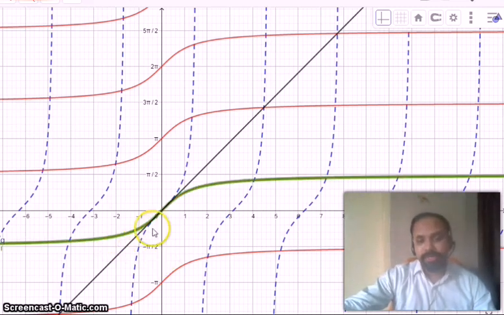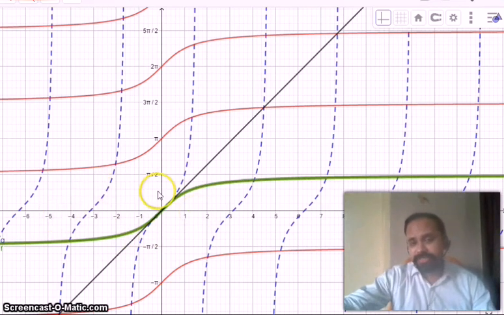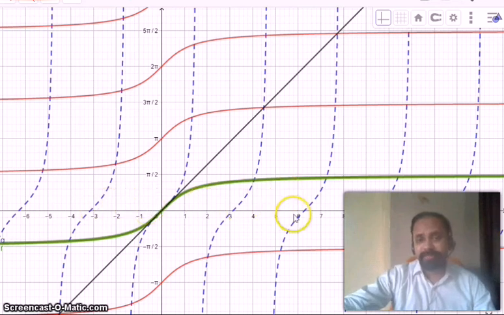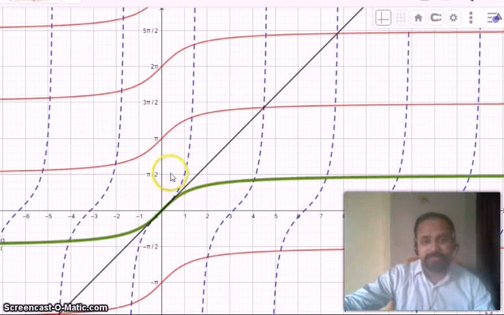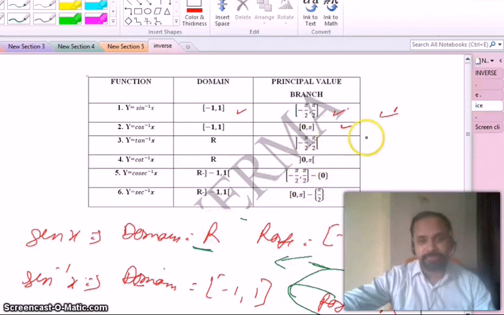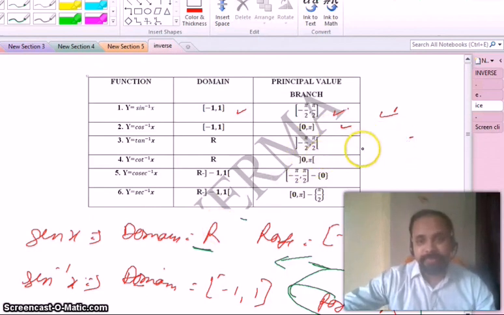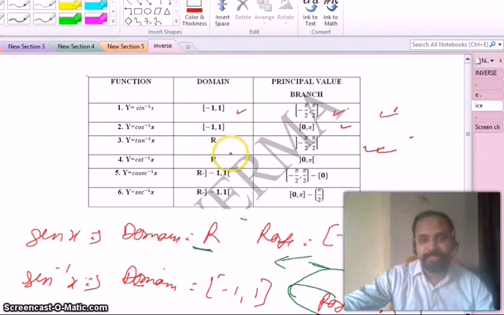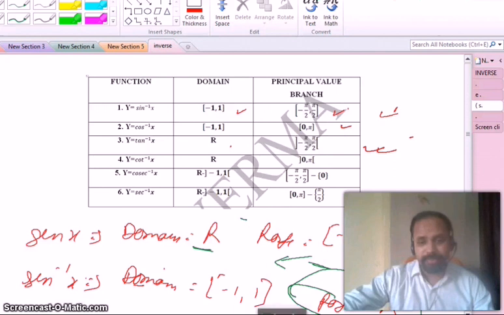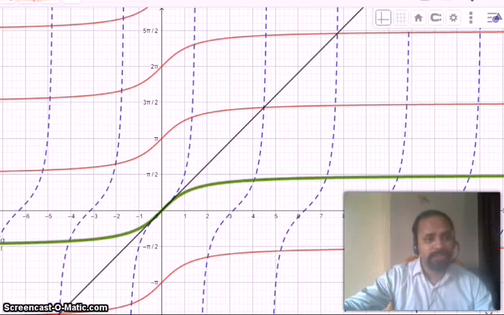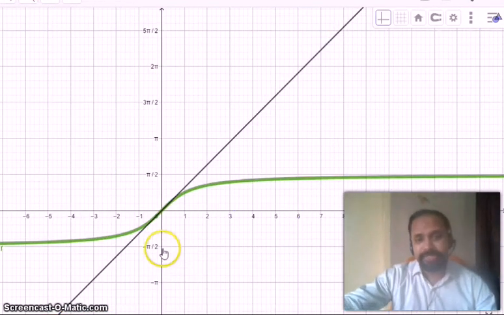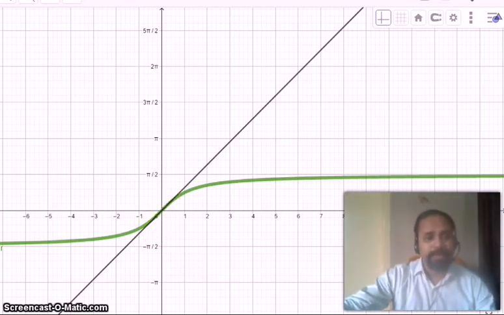That means the domain of tan inverse x, please see the graph. This tan theta is defined on the entire range of x. That means the domain of tan theta is all real numbers, and the range will be from minus pi by 2 to pi by 2 with open interval. That means this one. Third one. Okay, we have seen in the graph, domain is R and range is minus pi by 2 to pi by 2. Okay, very simple. So this is the graph of tan inverse x between minus pi by 2 to pi by 2.